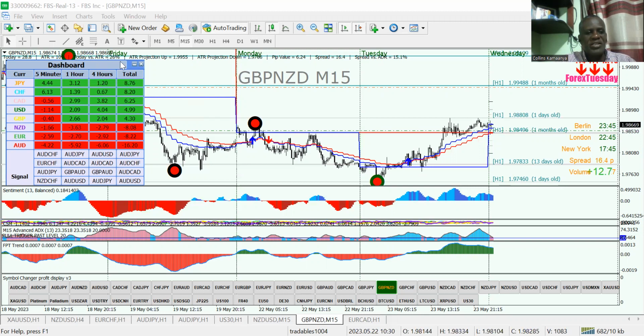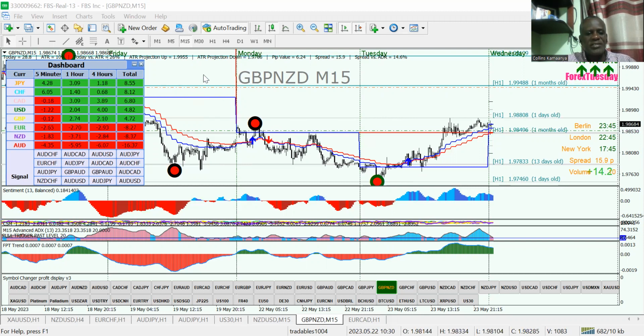I have a dashboard here. It's the currency meter dashboard. The first column is 15 minutes. The second one is 1 hour. That is 4 hours. Then it gives you the total sum. Then next I have